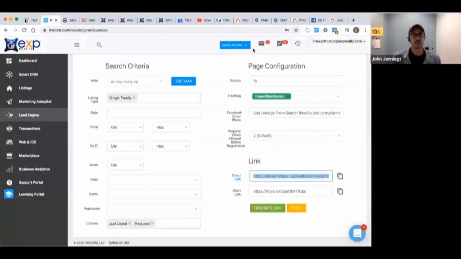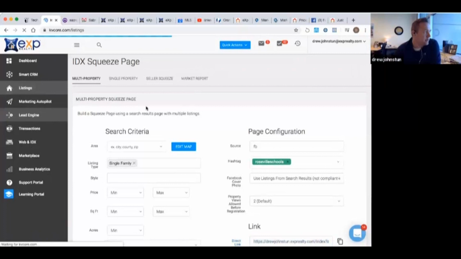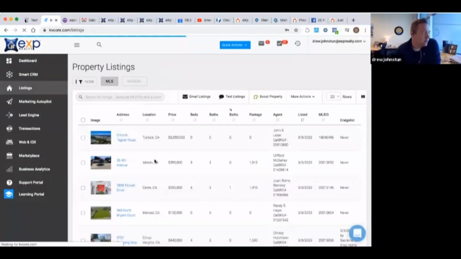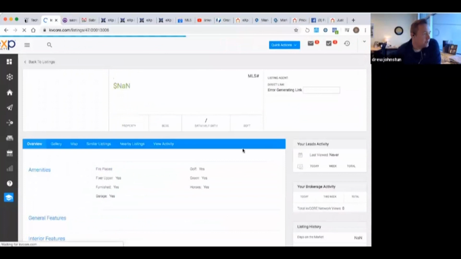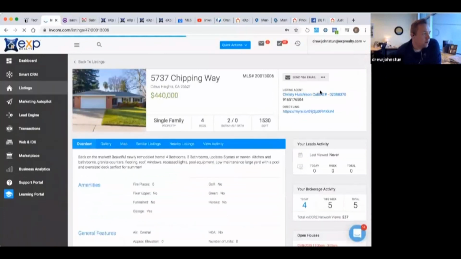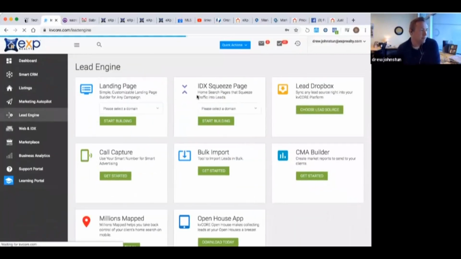Absolutely. So then what you can do as well, let's go back to our listings. And then let's do this one in Citrus Heights. I know that agent. I'm working on her KVcore for her. That's awesome. That's why she's posting on Craigslist. Exactly. I have coached her on this. That's the funny thing for me, anyone in our area that has actually posted on this, I've coached them. So what we're doing, we're grabbing the MLS number, going back over to Lead Engine.